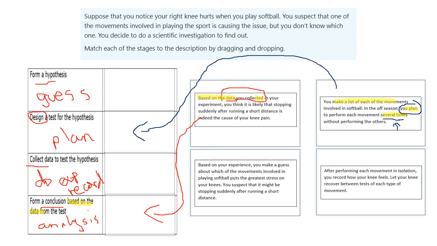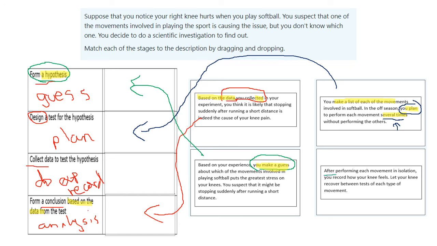Based on your experience, you make a guess. Now, making a guess is making a hypothesis. So you make a guess about which of the movements involved puts the greatest stress on your knees. You think it might be suddenly stopping running after a short distance, but you make a guess. A hypothesis is a prediction. It's a guess. So we can match the idea of the hypothesis with the idea of making a guess. So finally,